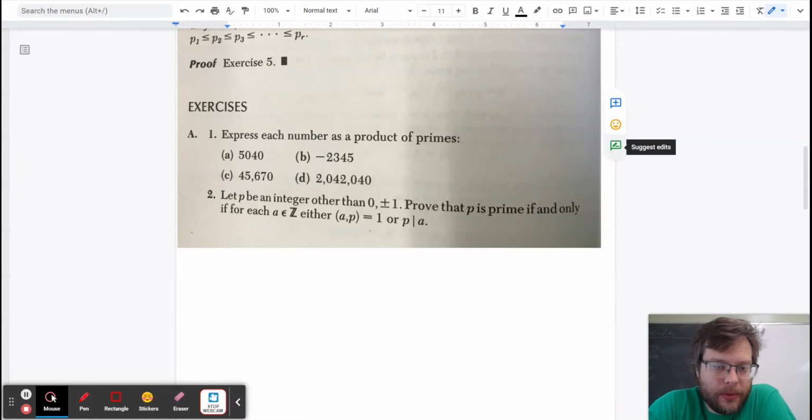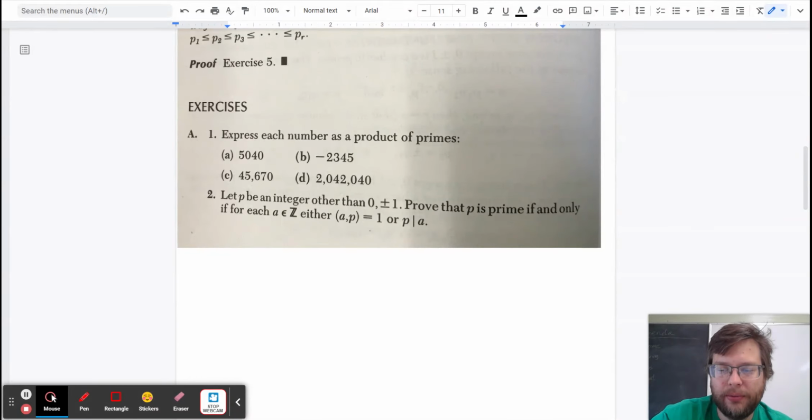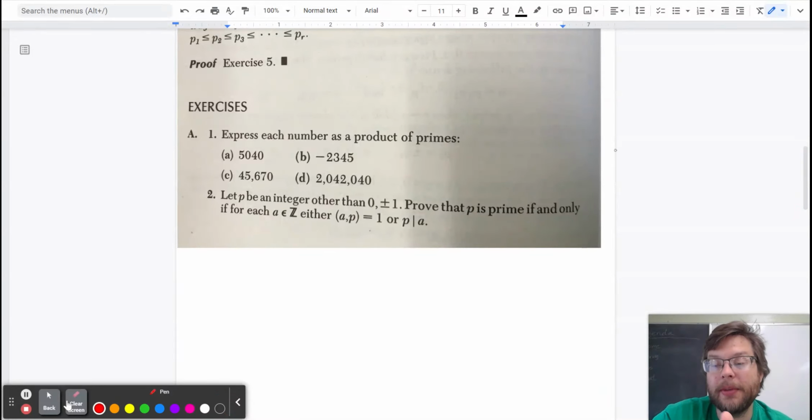All right, students. So we're looking here at our third number theory lesson where we're looking at primes and factorization. One of the nice things about integers is that every integer can be factored uniquely as a product of primes. And so that's kind of the idea of this section. And this forms the bedrock of a lot of later number theory stuff. So that's actually the fundamental theorem of arithmetic, that you can always factor an integer into a product of